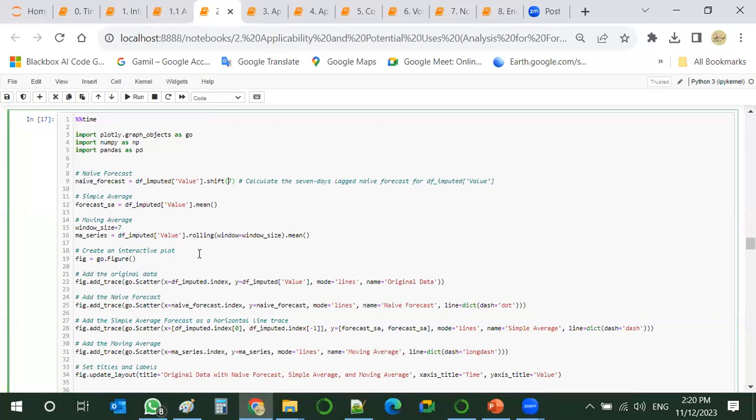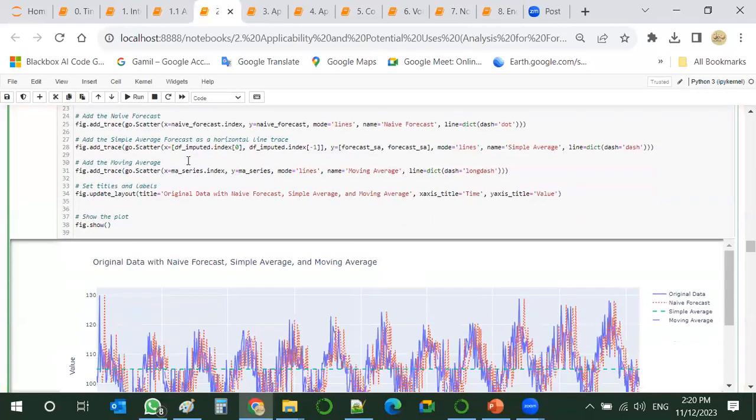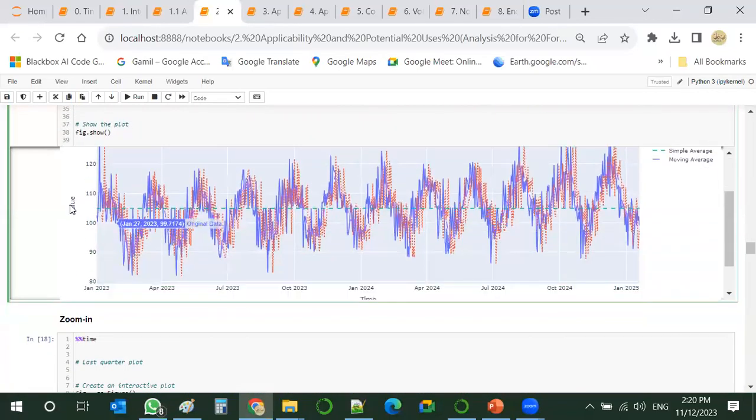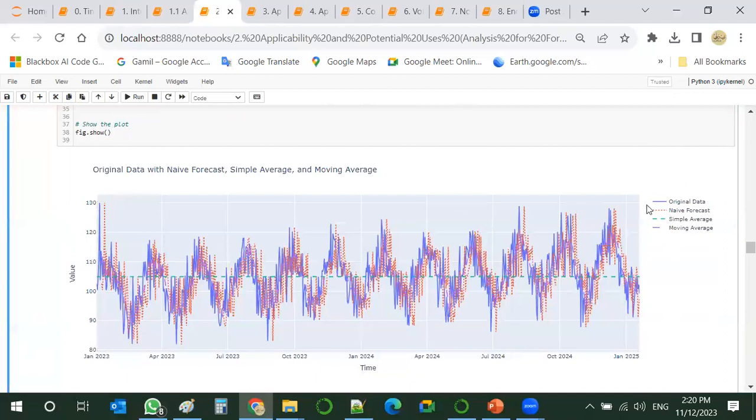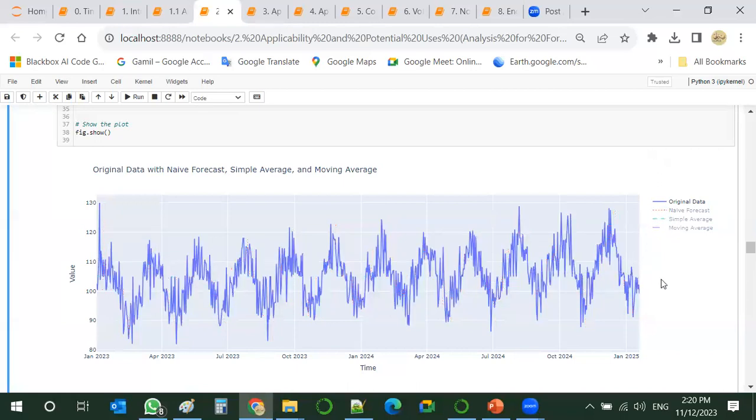So let's just see what this code gave after we run, and let's see the plot. So in this plot, we plot the original data with different simple statistical and mathematical forecasting techniques. But let us just compare.